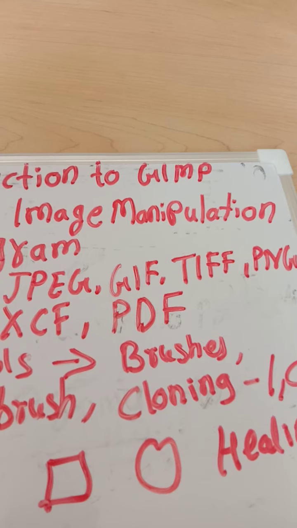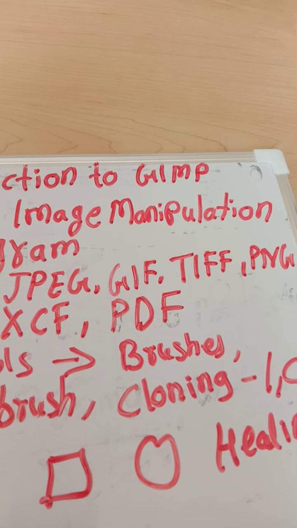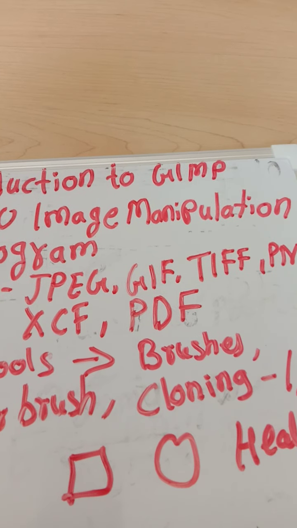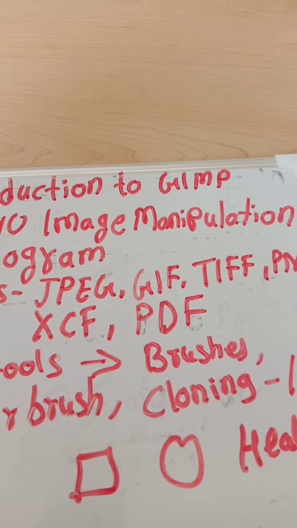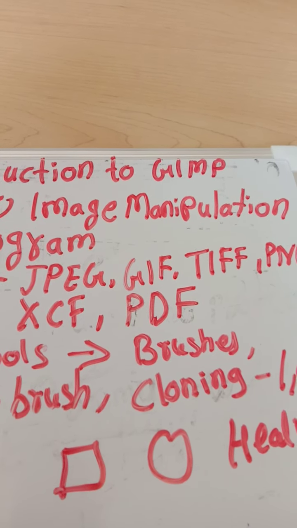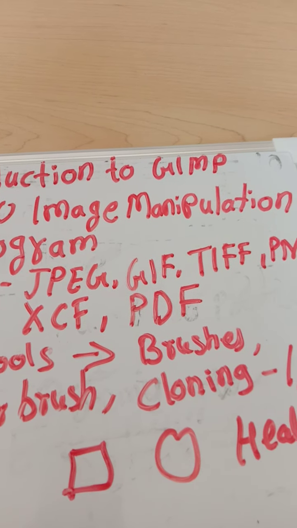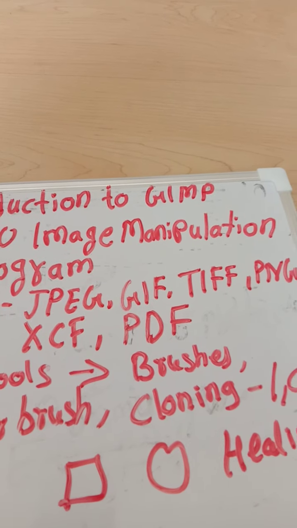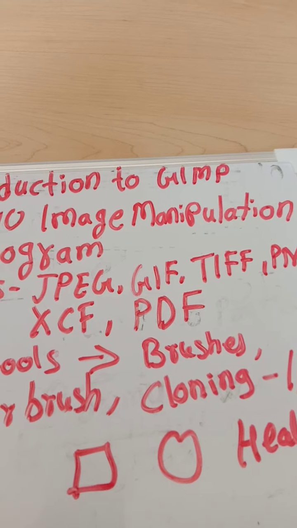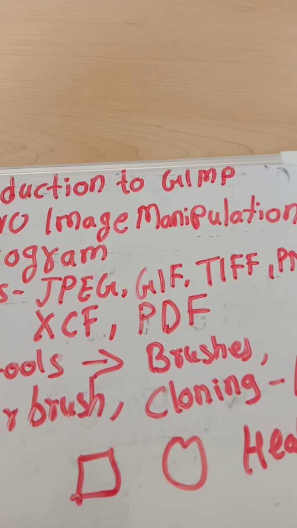They can store several images using layers and are supported by all image processing software. Almost all processing software can use this TIFF. And the TIFF image format is used for storage and exchange of high quality images. It gives you better quality. If you are taking a printout also, it gives you very good quality. JPEG also gives you good quality, and TIFF also gives you very good quality pictures.